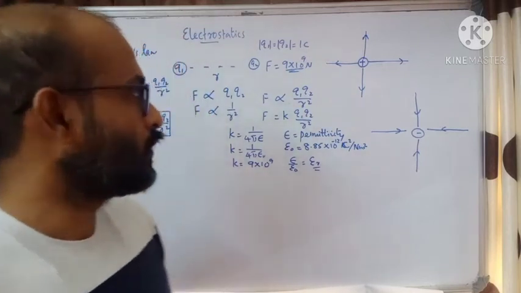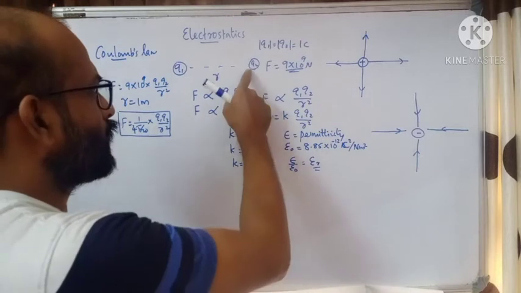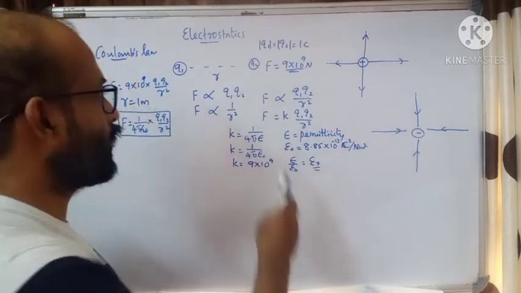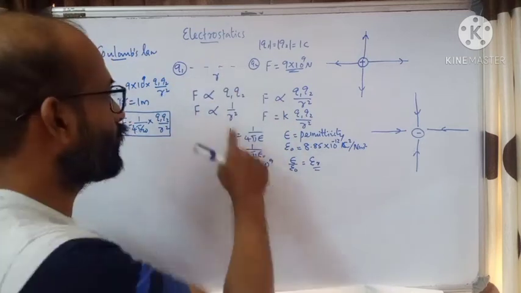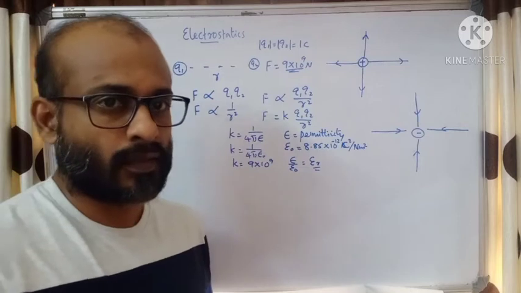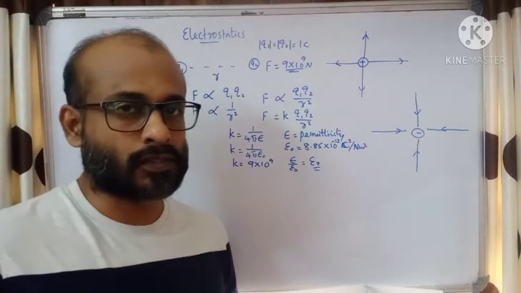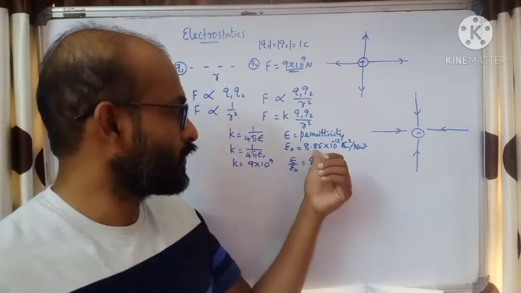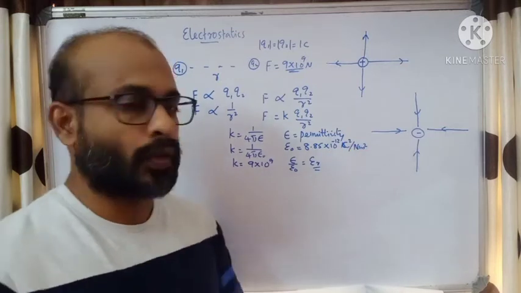Okay. So now let us see what is permittivity. Permittivity means the medium will allow the lines of force to pass. Vacuum will allow the lines of force to pass from one charge to another easily. Then only there will be interaction between the charges. The ability of a medium to allow the lines of force or the field lines to pass through is called permittivity. Okay, permittivity of vacuum is given by 8.85 into 10 raised to minus 12 coulomb square by Newton meter square.